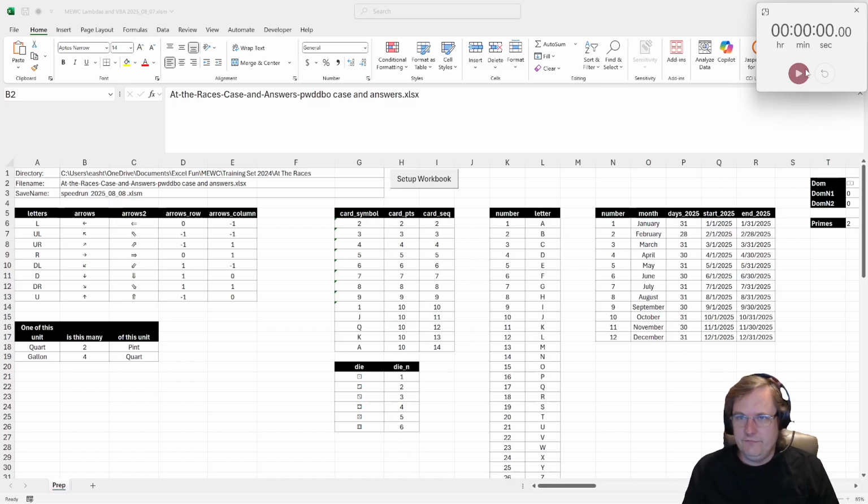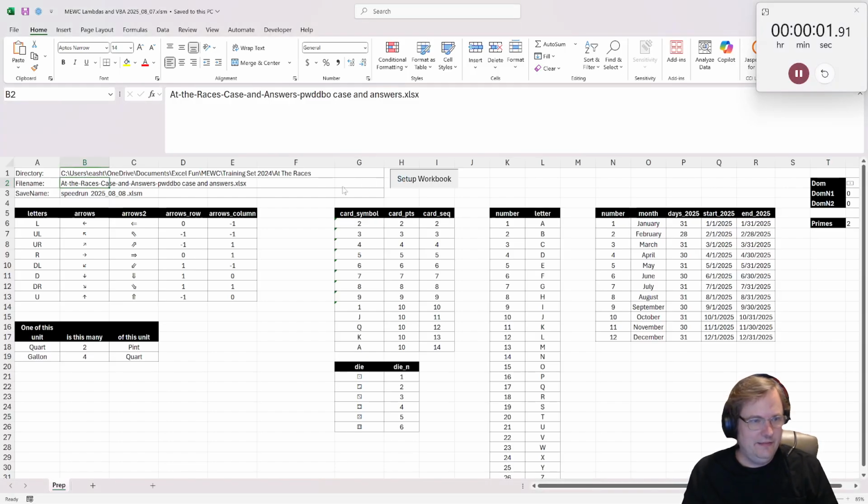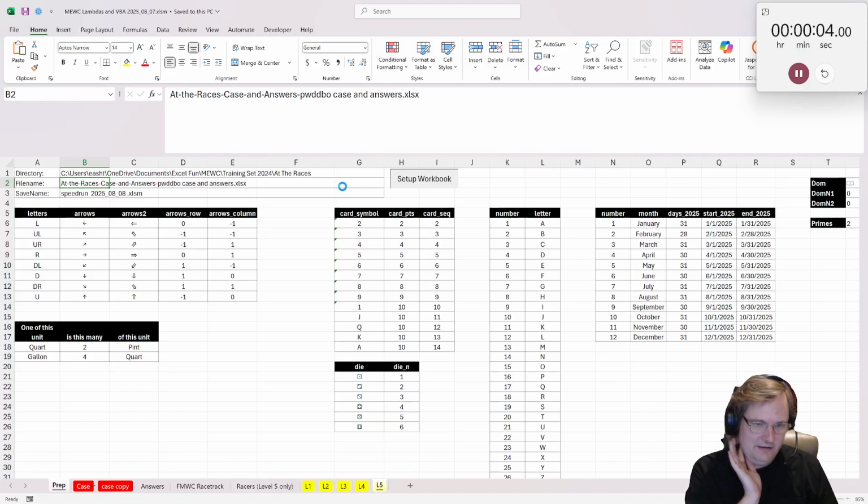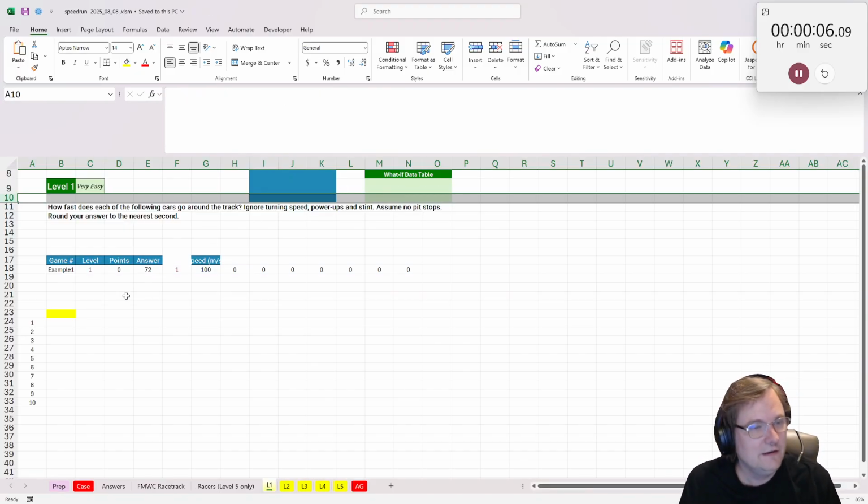Here is a speed run for At the Races, the VBA and Lambda template you can download at a link